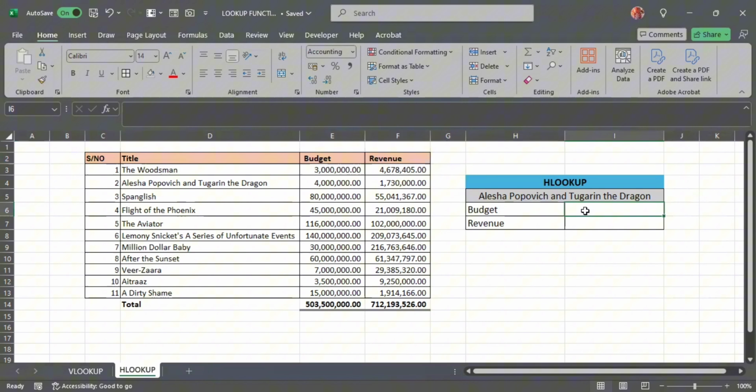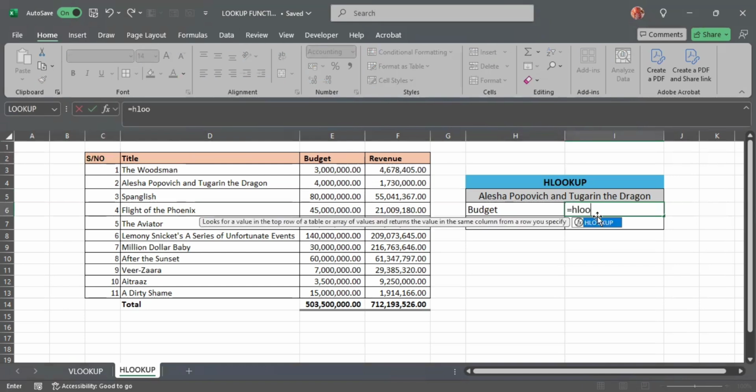So how do we deploy this? I'm going to deploy this in 2 ways. I'll tell you 2 ways we can actually deploy the formula. So let's type in the formula. So we have equal HLOOKUP. What is our lookup value? We're looking for budget, which is in that cell, and our table array. We want it to search. Don't forget the same